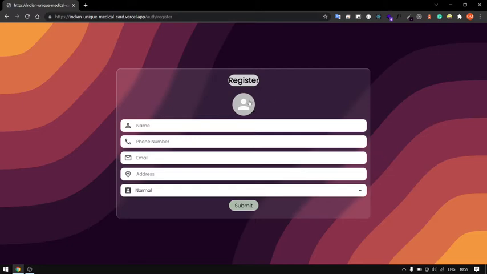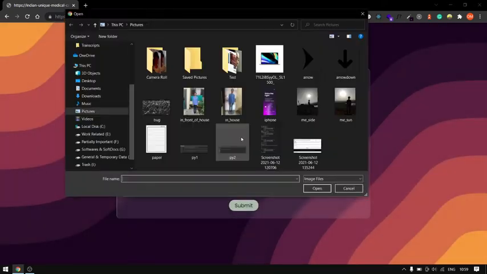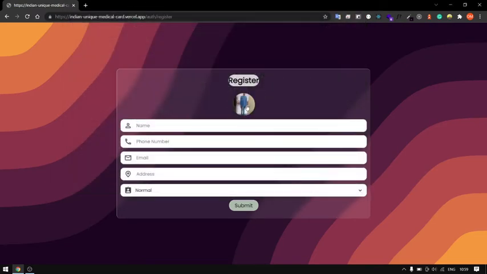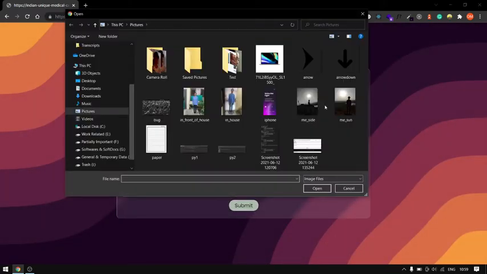First of all, you have to give it a profile picture so that the doctors can identify you when you visit the hospital. So I click that image. If you want to change the image, I can again click that image and it will be changed, or I can completely remove the image if I want, but the image is a required attribute in that form, so you have to give the image to it.